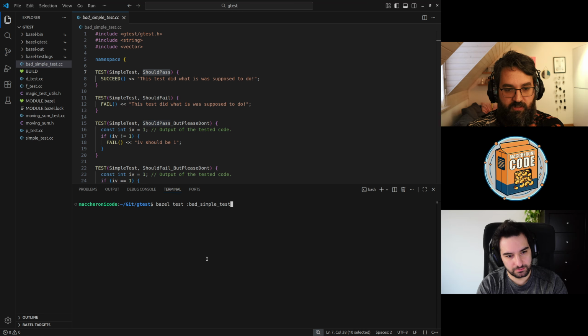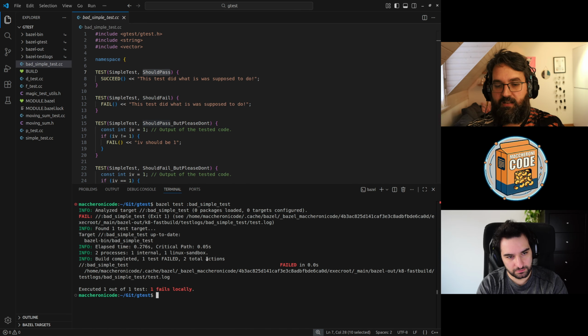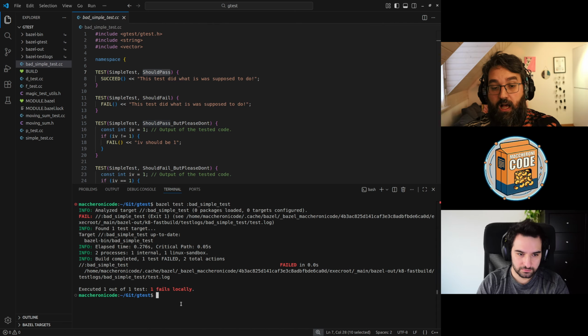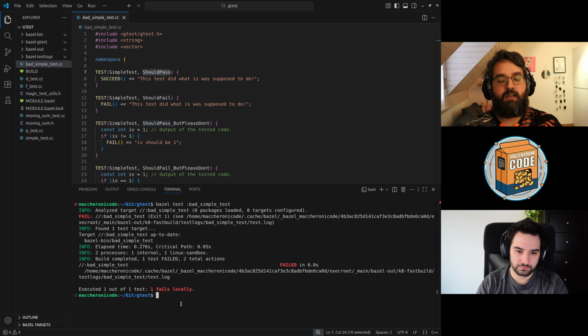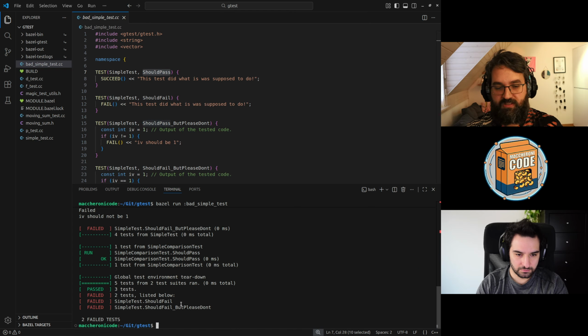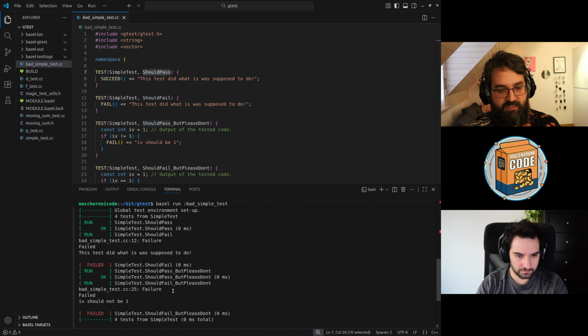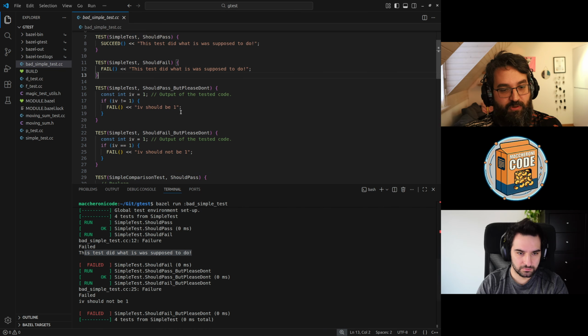And well, if we go and try it out, we can do bazel test and run our test. We'll see that it will fail. But why did it fail? Bazel test is extremely useful when you're running a lot of tests and you want to see them separately here. But if you want to go into the details of a failure, you can use bazel run, do the same thing, and in this case, you will actually see the failure. We actually have two of them, and they were called ShouldFail, so it makes sense. This is actually what it was supposed to do because both of these tests were calling FAIL directly.